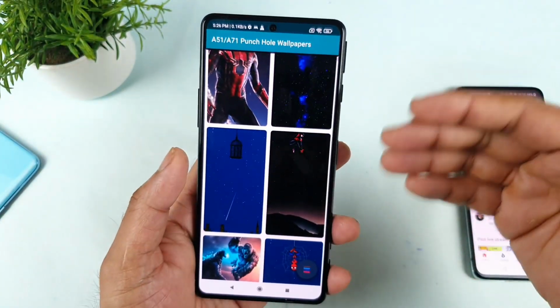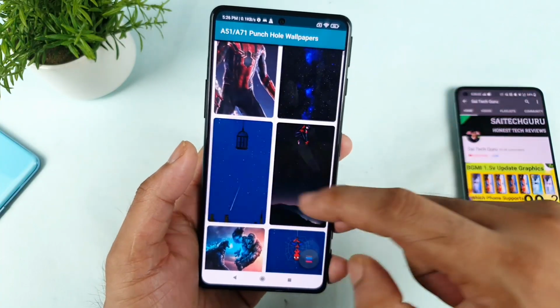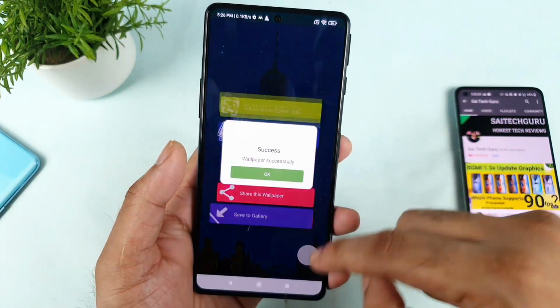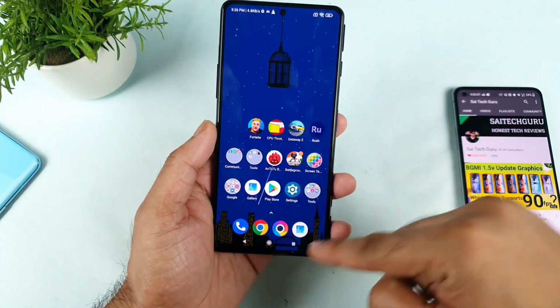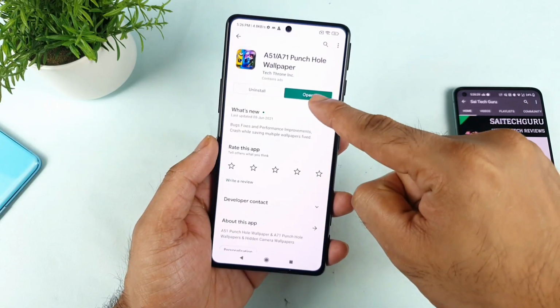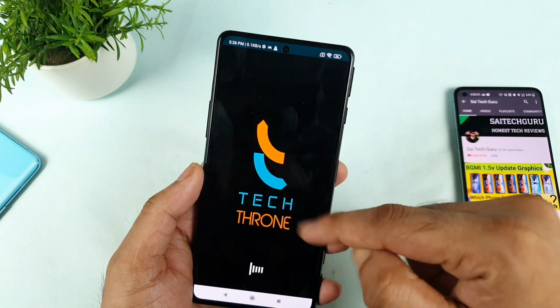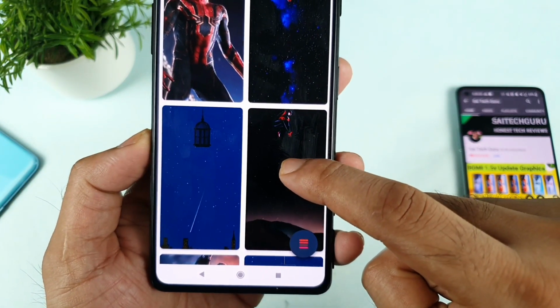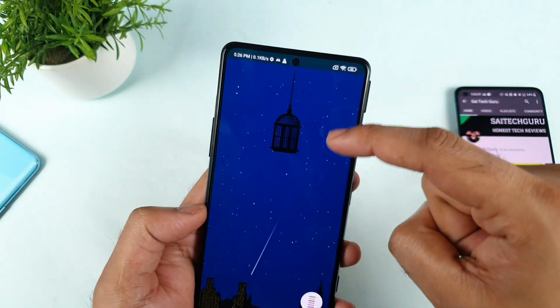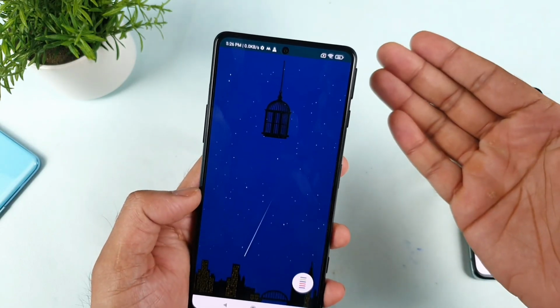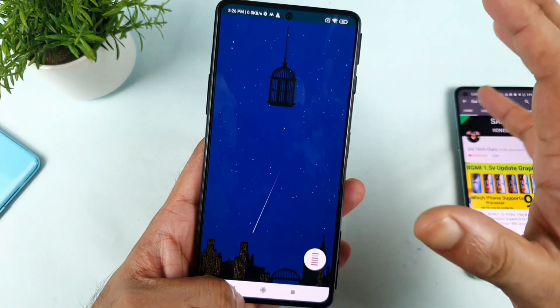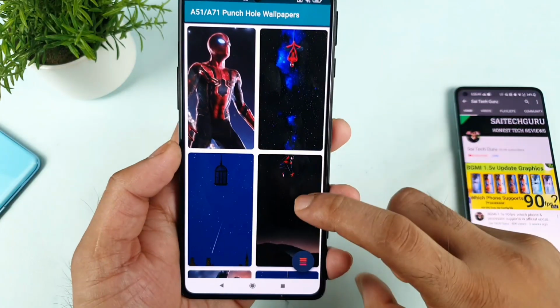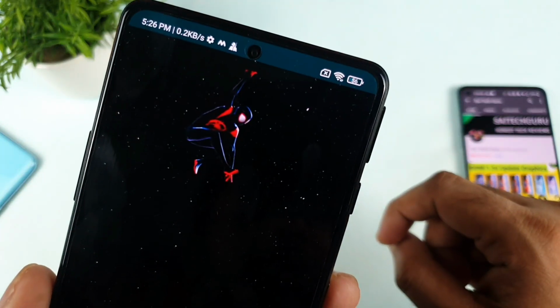Sometimes the interface is not that flexible. Let me try to open it. I'll try to set the wallpaper. I'm going back to the home screen. Again, I'm opening this wallpaper application. Let me show you. What happens is that if you try to select this wallpaper, just observe, it will show the previous wallpaper that you opened. That's the one bug in this application, but still you can get this kind of really cool looking wallpapers, as you can see.